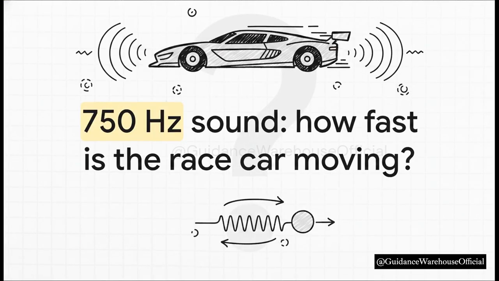Now that you've got these basics locked down, you can tackle some incredibly complex mechanical questions. Like, if a race car engine emits a 750 Hz sound, how fast is that car actually moving down the track? Believe it or not, you can calculate a vehicle's speed purely from the frequency of its engine sound. And that is exactly the kind of fascinating physics problem we're going to explore in our next explainer on simple